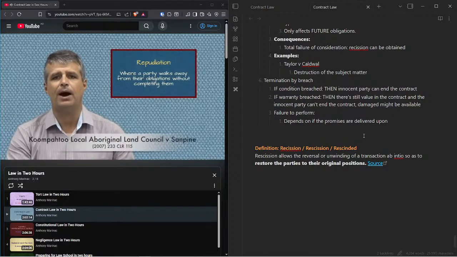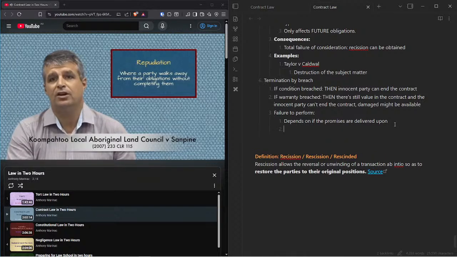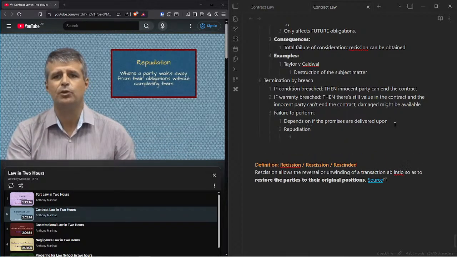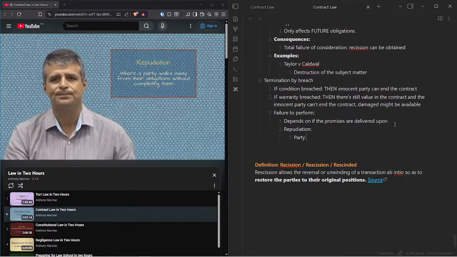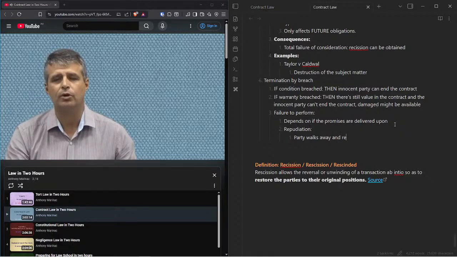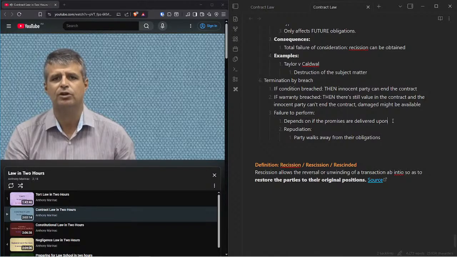Repudiation occurs when a party simply turns around and says, I'm not going to be bound by my promise anymore. So it's different to a normal breach where a party just hasn't completed their obligations. If Saturday came along and there was no sign of you and your mower and I called to say, hey, where are you? And your answer was, look, you can keep your money. I'm not mowing your lawn. It's hot and dirty and there's cricket on the TV. Well, you would have repudiated the contract.